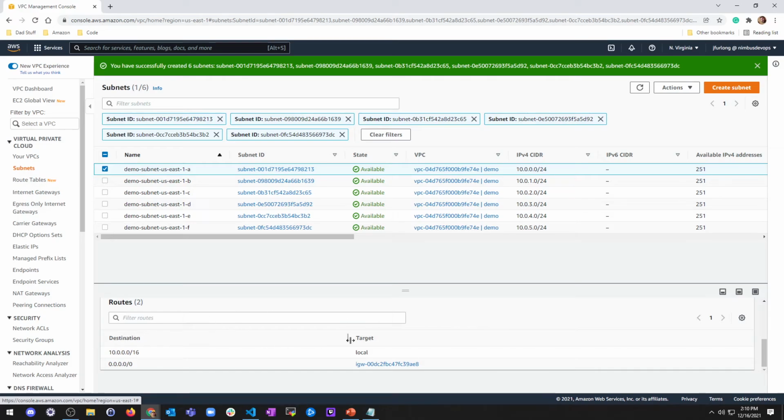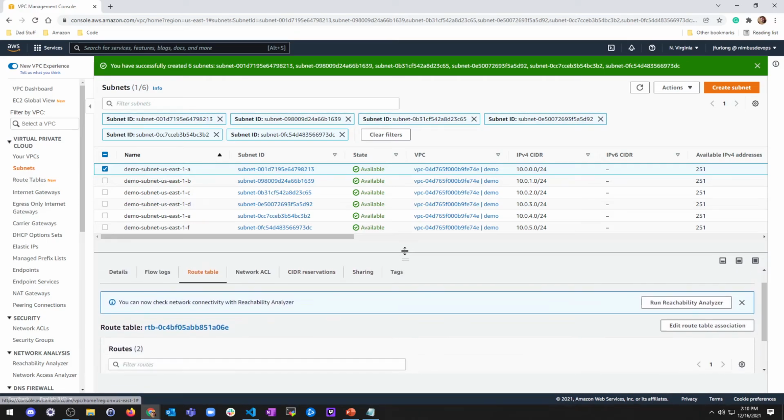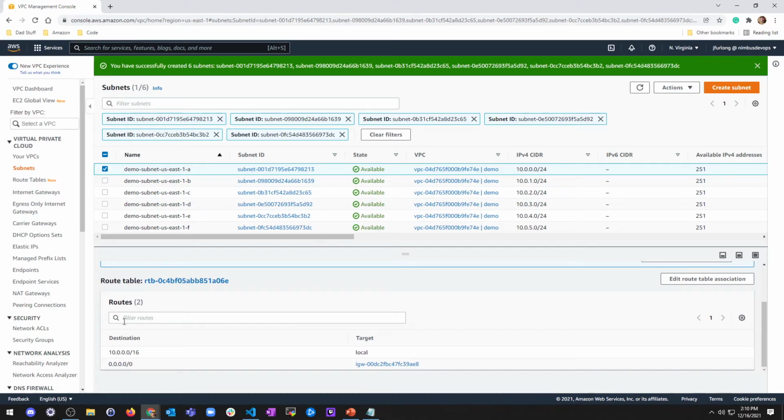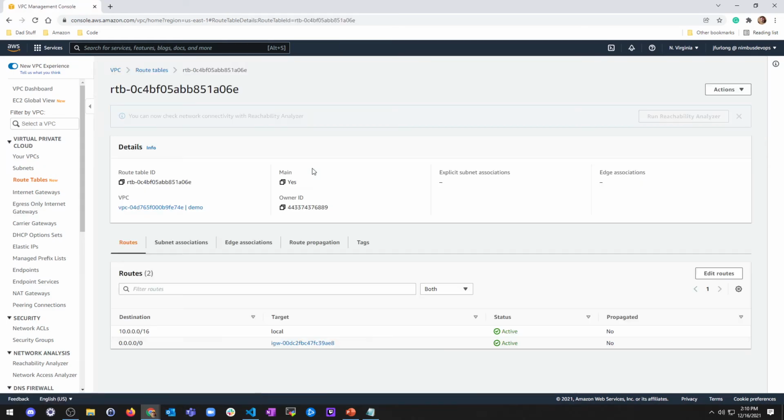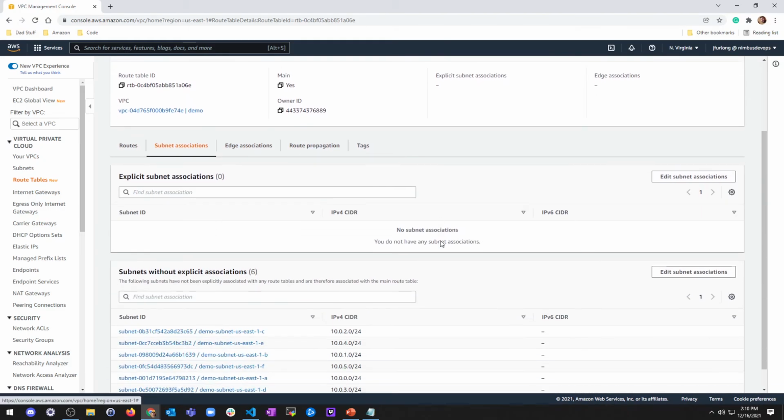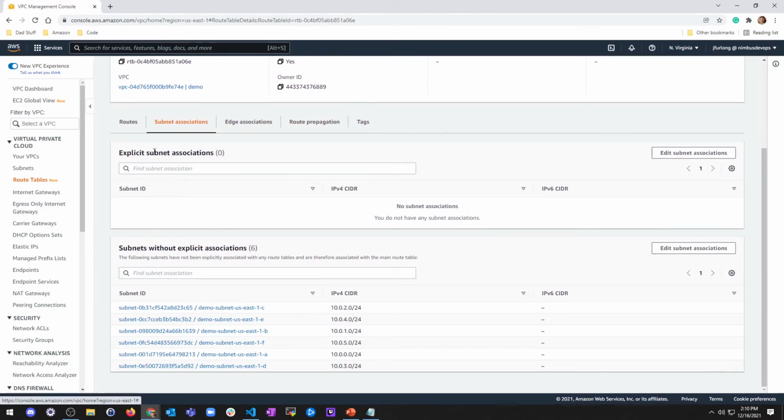It just says I can see this. So now I can see, oh, it has 2 routes. Well, it's like an implicit connection to the route table, or association. So let's go take a look here. If I see subnet associations, there's explicit subnet associations, and then subnets without explicit associations, which I call an implicit association. And you read it here. The following subnets have not been explicitly associated with any route tables and therefore are associated with the main route